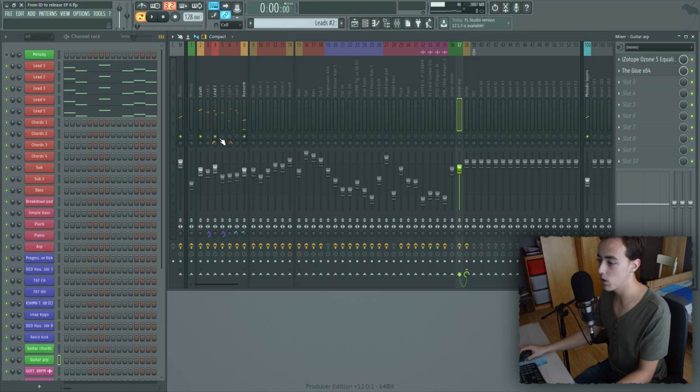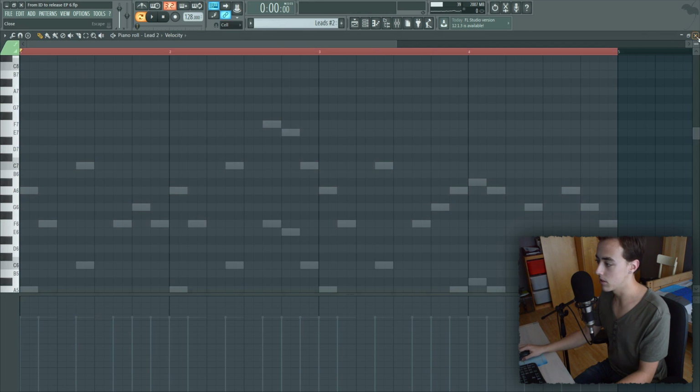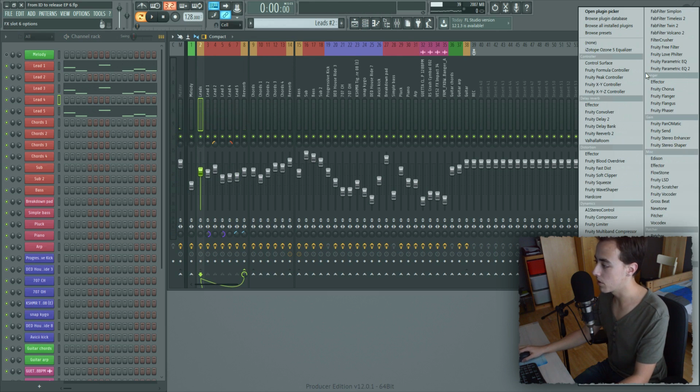I'm going to be taking away the stereo layers, so the 2 and 4. So I decrease the power a little bit. So now it sounds like this. And now I'm going to be putting on a